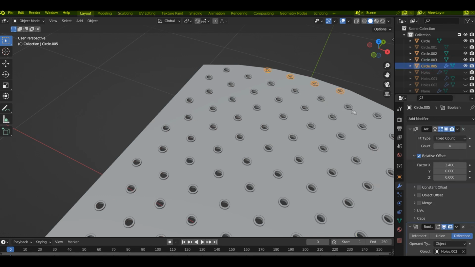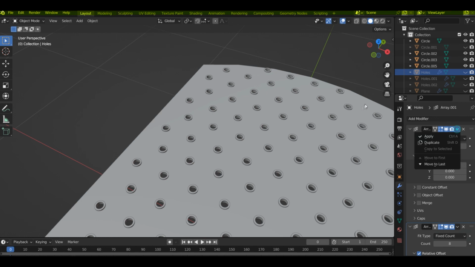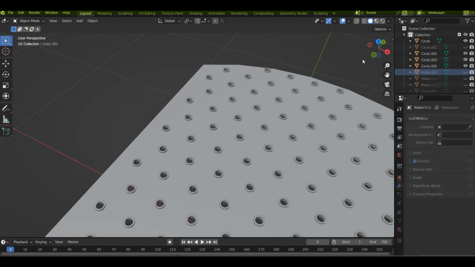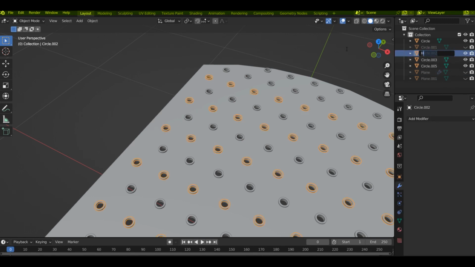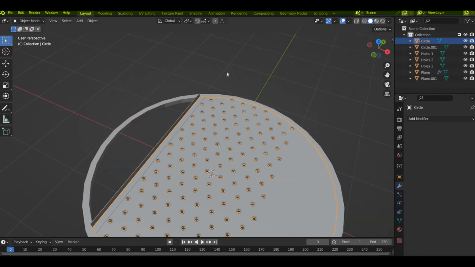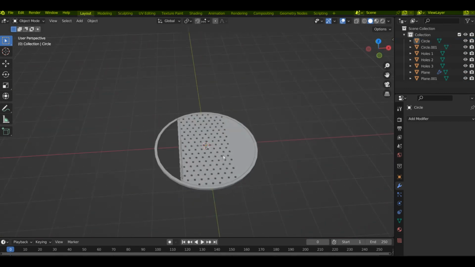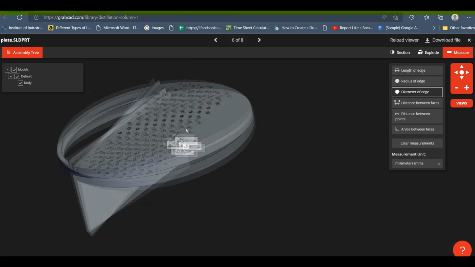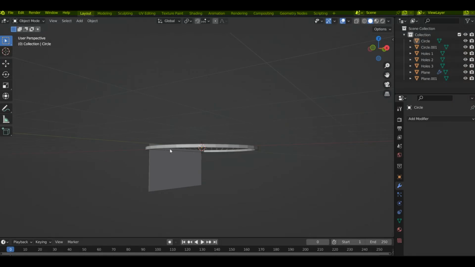Just click apply so that all the modifiers that we used are applied. And organize the parts, renaming the parts to make it more organized. This is going to be our final output. This is the trace that we're going to use for the inside of the